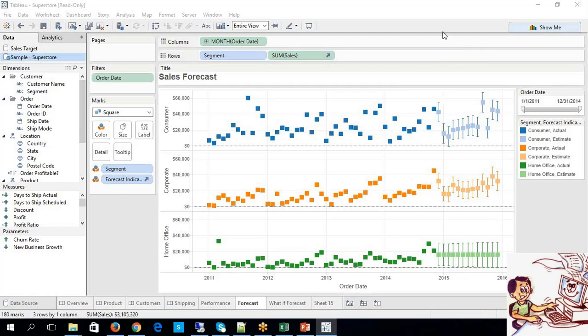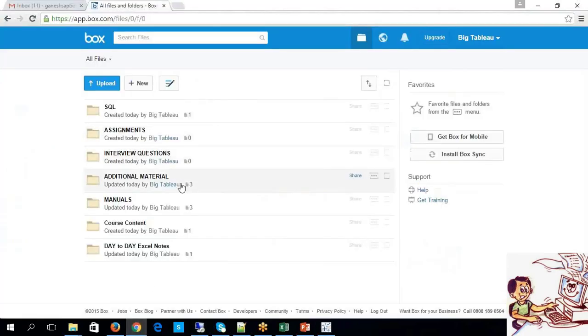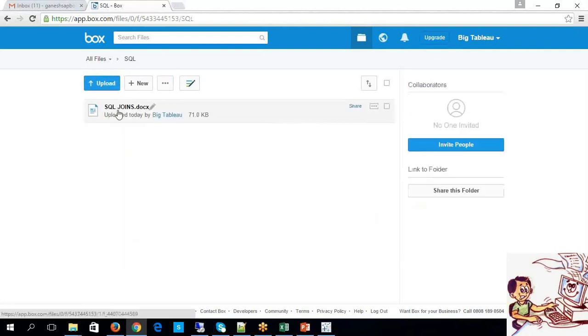Now, guys, I have uploaded this document by creating a folder called SQL. Please download this file, and without fail, every one of you, before attending my next session, definitely go through it. Then only I'll be taking up my next class. Otherwise, I'm not taking it up, because of the importance. These joins and all are going to be helpful to ensure that your data is accurate in your dashboards. That is the first thing.